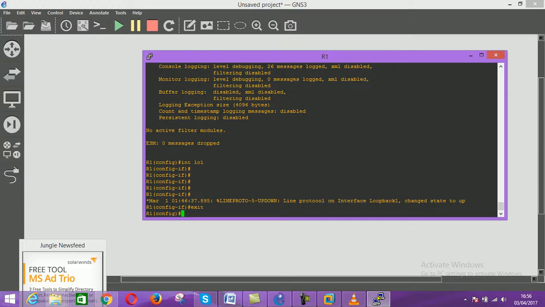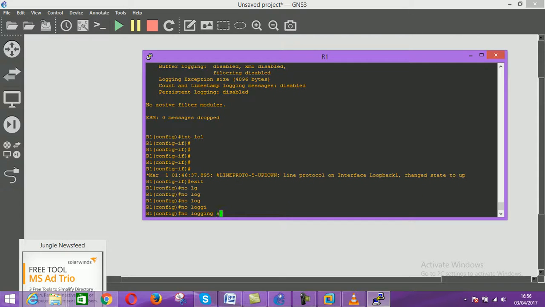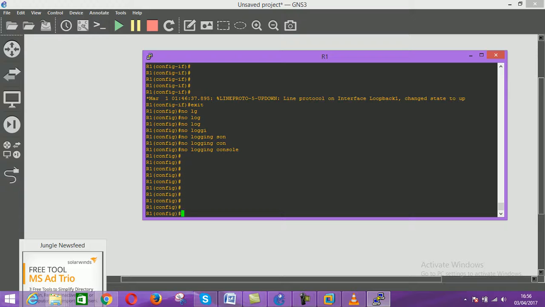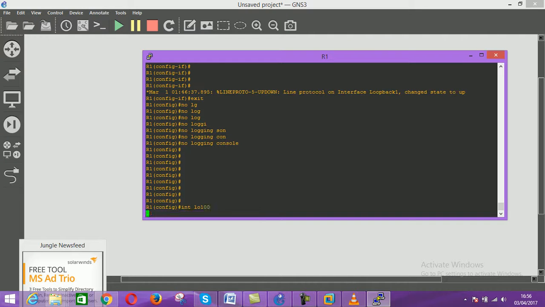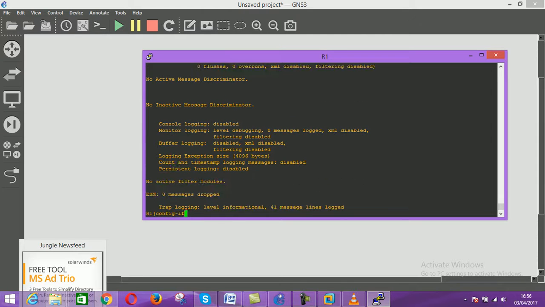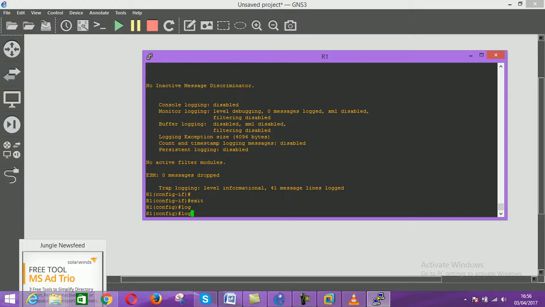Let's suppose I disable console logging, so now see what will happen. The command is no logging console. If you want to remove anything in Cisco, you use no. Now if I configure loopback 100, there will be no log message since logging is now disabled. Shutdown, no shutdown. And if I do show log and look for it, you can now see console logging disabled. This is enabled by default, by the way. So once again, turn on logging